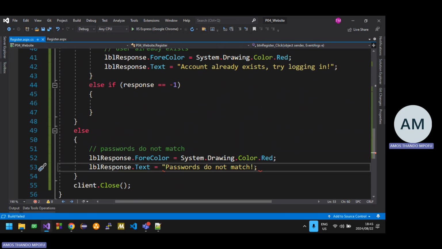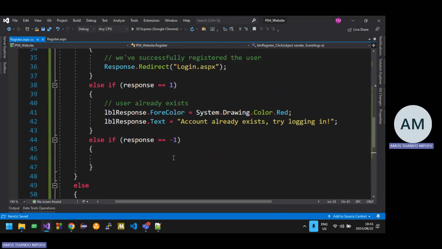Oh, I forgot the closing double quotes. Oh, we forgot to handle this option. So here's some error occurred. We don't know what it is. Some error occurred